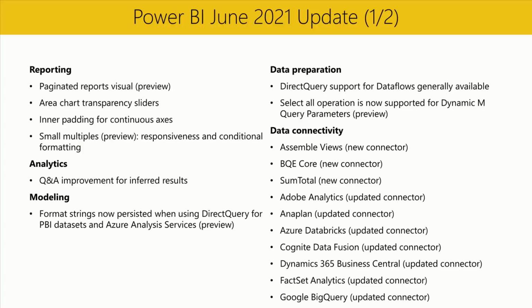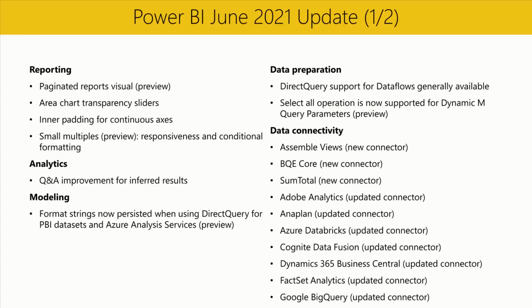You can now also adjust the inner padding of continuous axes in your Cartesian charts. Cartesian charts with categorical axes have an inner padding option in the Formatting pane, which allowed you to adjust the size of the padding between category bars, columns, and clusters. The inner padding option helps you determine the thickness of your columns and bars and the white space between them. And you'll be happy to know we're adding this option to continuous axes as well, allowing you greater control over the look and feel of your charts.